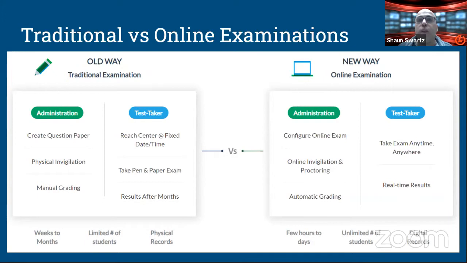You'll be doing your physical invigilation, and then you will be manually grading these papers. And the students at the same time will be receiving the papers at a certain time. They'll be using pen and paper to write those exams, and hopefully within a few weeks or a month or two, they will receive the results of all of those exams. So those type of exams take weeks to months. You're limited with the number of students that you can manage, and you also have to deal with physical records